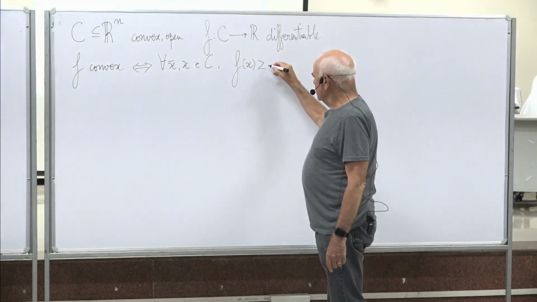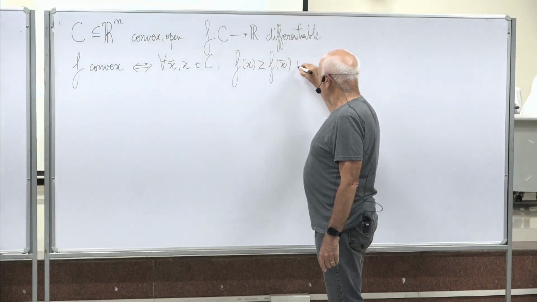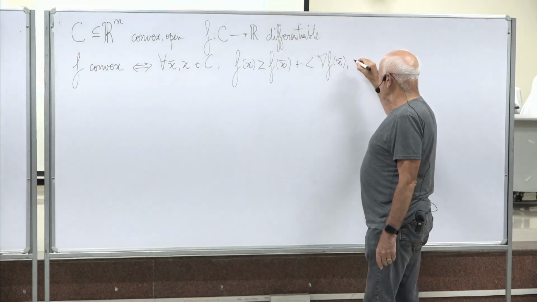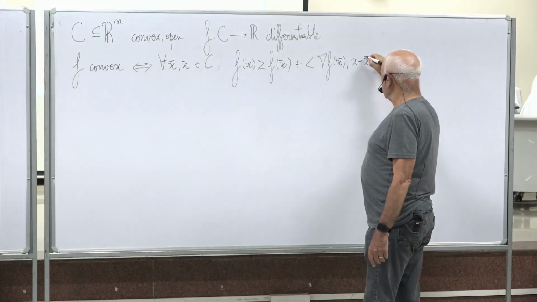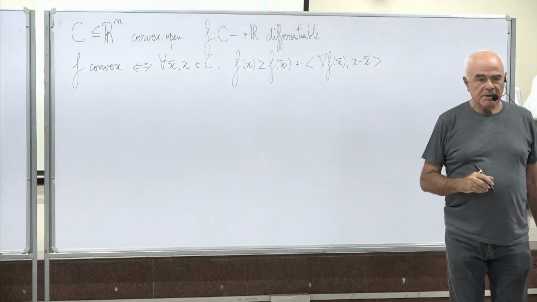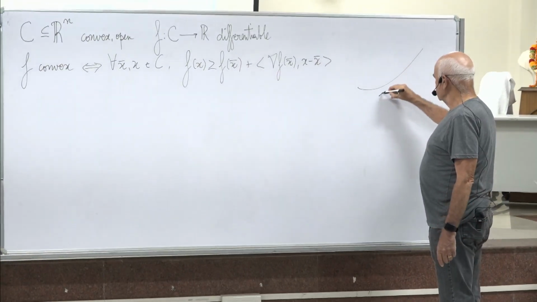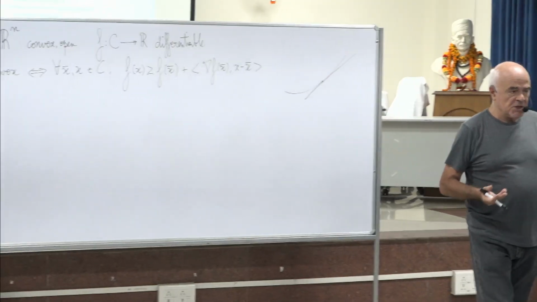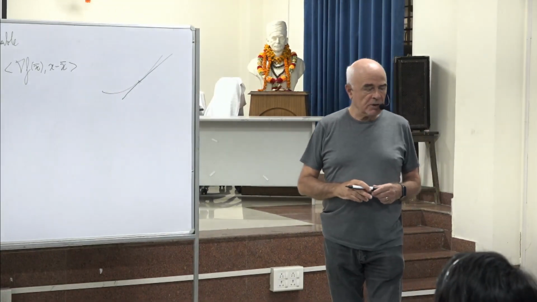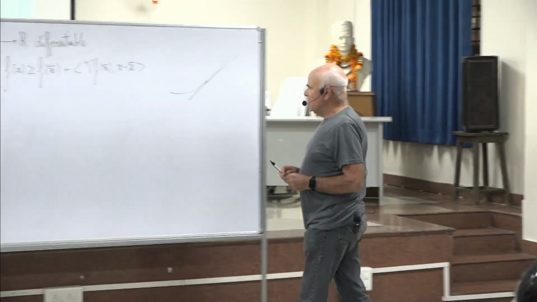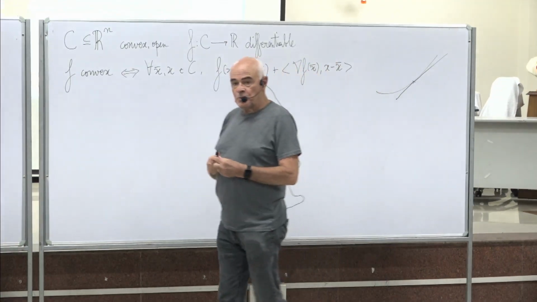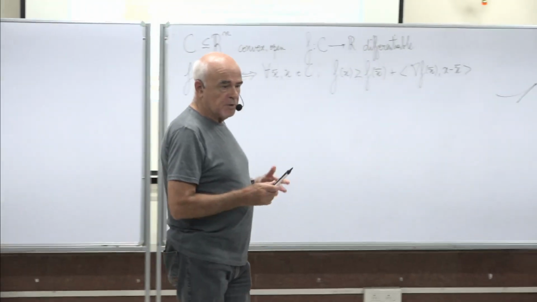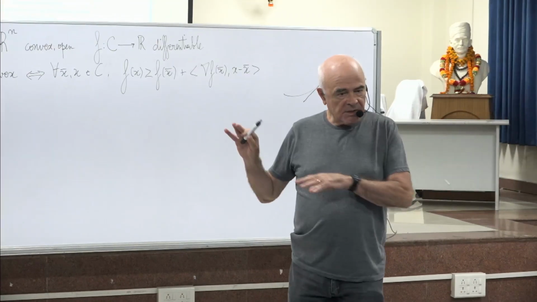greater than or equal to f of x bar plus the inner product of the gradient of f at x bar with x minus x bar. This is just saying that the tangent line, or the tangent hyperplane in general, is below the graph of the function everywhere. It's not difficult to prove this equivalence. If you're interested, I can give you a proof, but let's start by accepting this